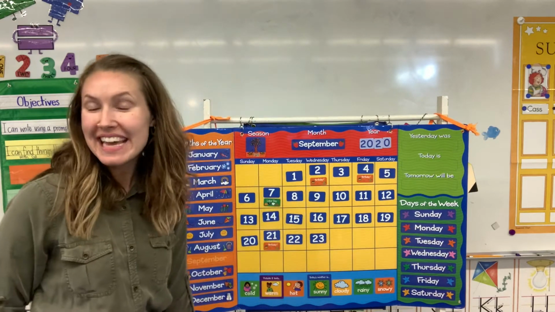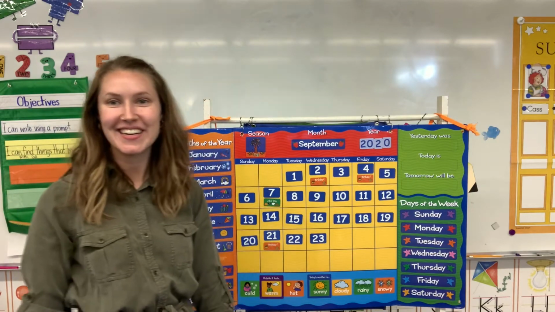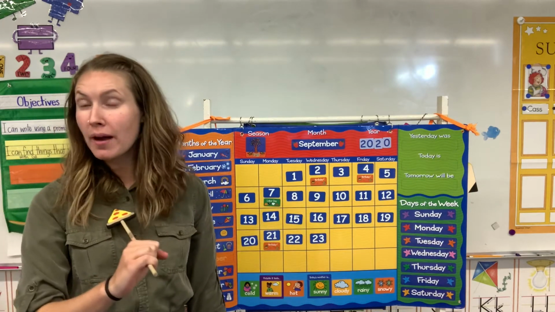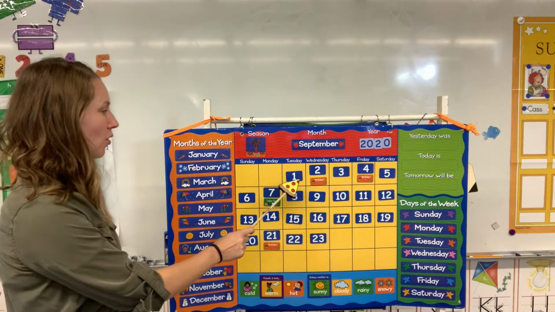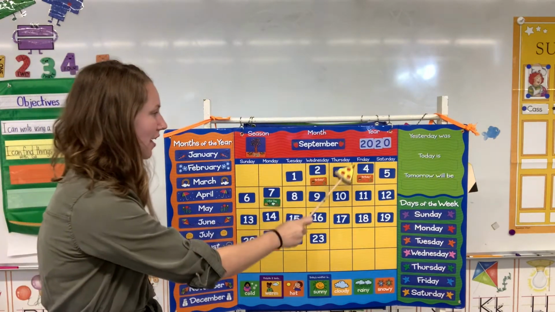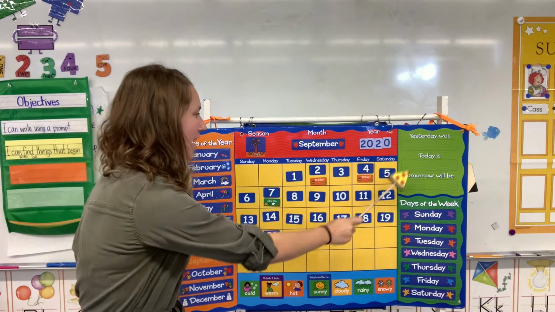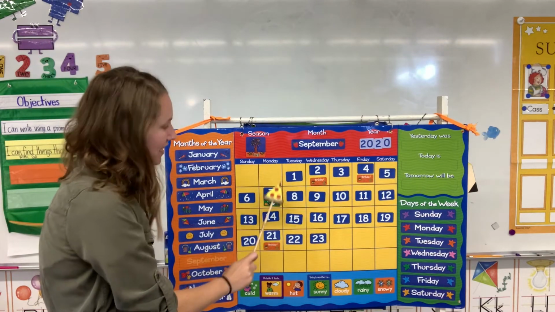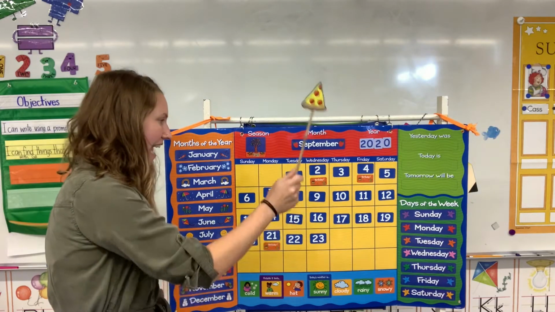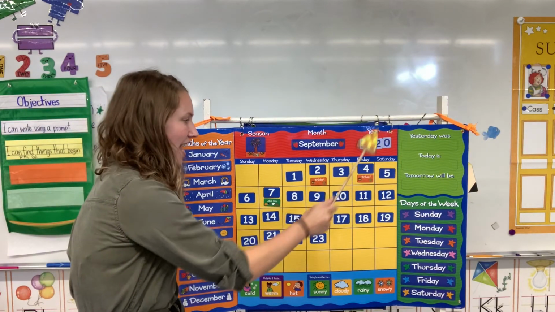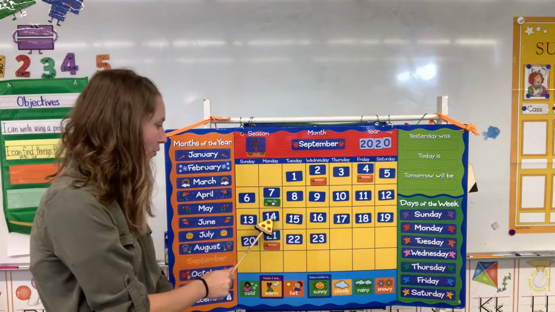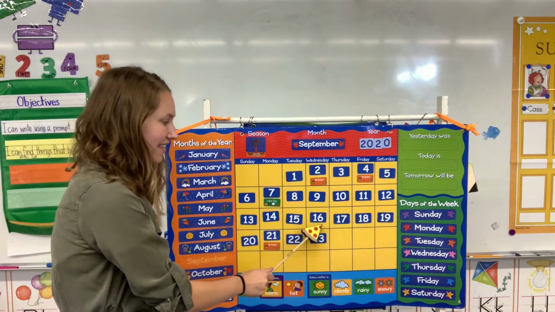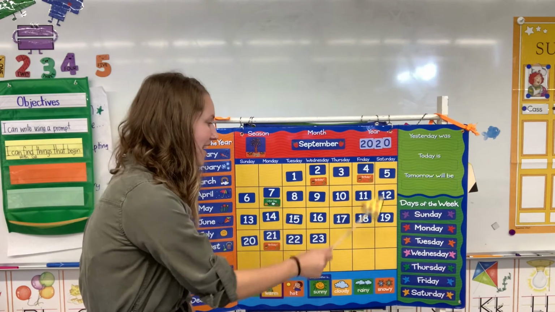We are going to begin our morning with some calendar. So I'm going to point and count. I hope you're counting along with me. Here we go. 1, 2, 3, 4, 5, 6, 7, 8, 9, 10, 11, 12, 13, 14, 15, 16, 17,